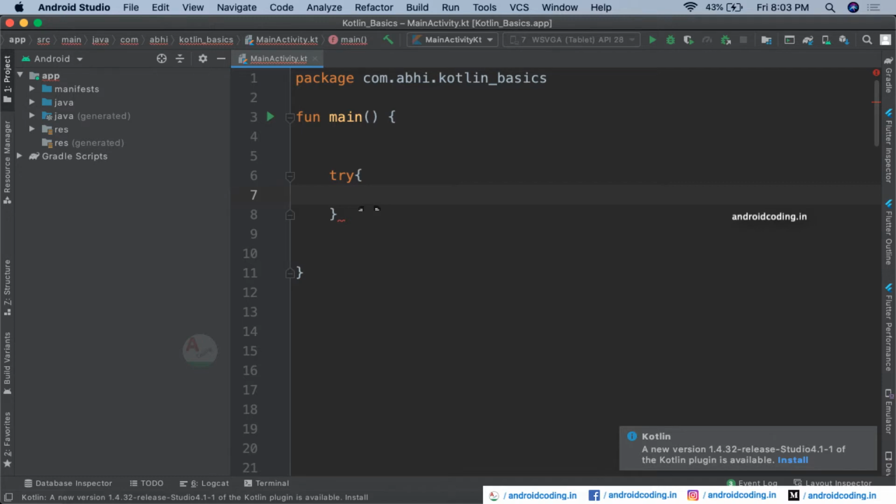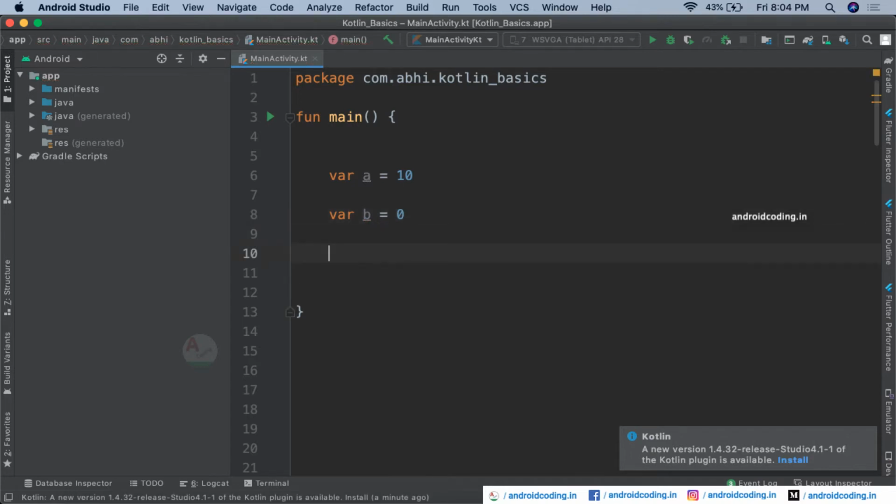An exception, in a simple way, is like this: for example, you have a variable a equal to 10 and another variable b equal to 0.